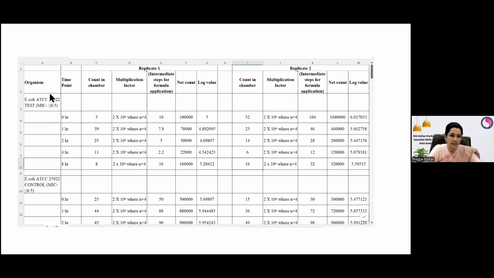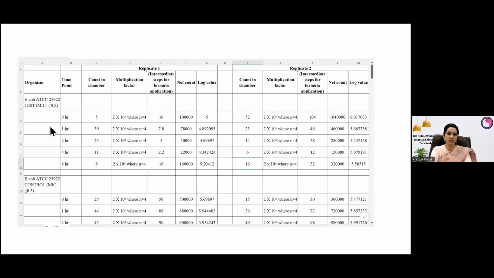They have taken the E. coli colony count and multiplication factor at various time points like 0 hour, 1 hour, 2 hour, 4 hour and 8 hour. And here we need to perform the repeated measure. So for that, you can see they should have been in separate columns because one variable, what we have discussed, one variable, one column. So this 0 should have come here, then 1 hour, then 2, and these all things like count in chamber,